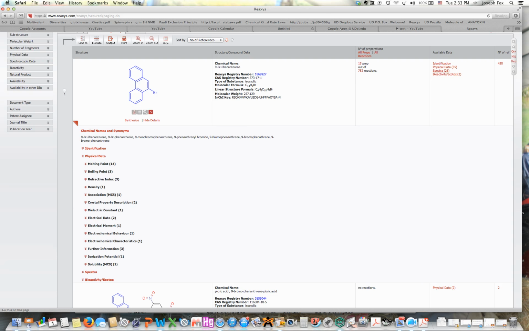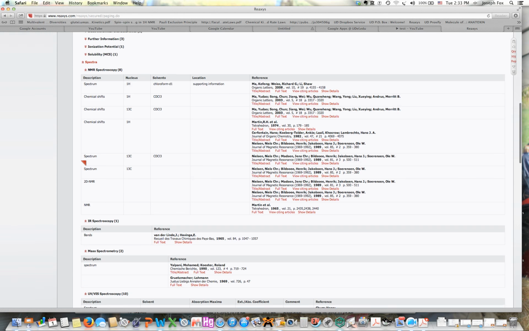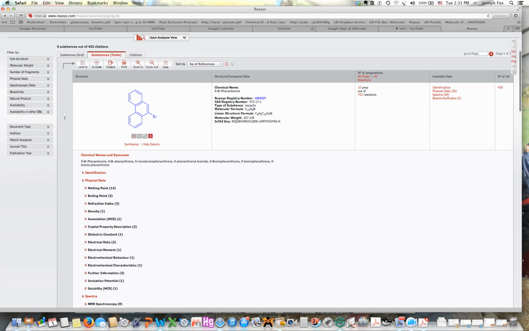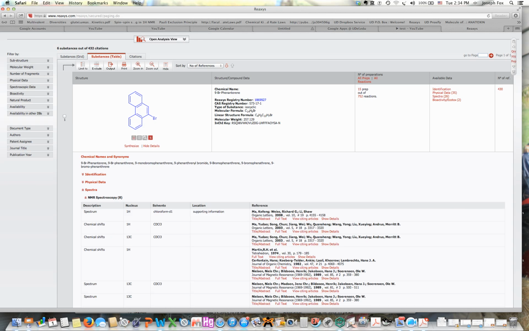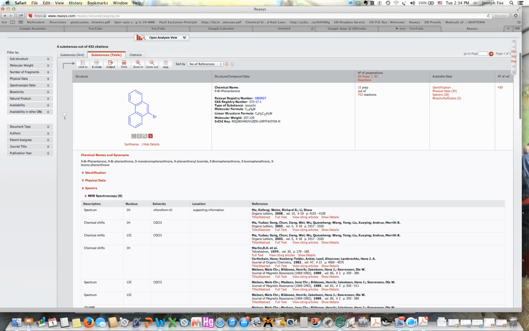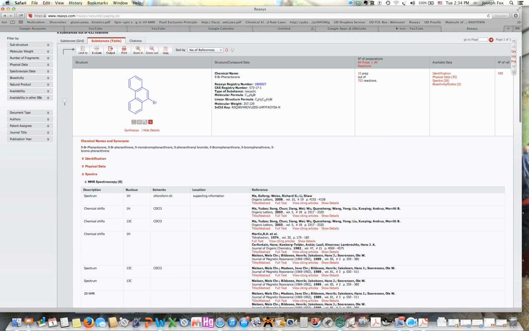We should also be able to go back up here to the top, under spectra. If we click on spectra, that will bring up a whole list, and I'm going to hide the physical data to make it a little simpler. Under spectra, we can see the different types of spectra that have been collected for this compound. We see that we have proton NMR, C13 NMR, and these link us to the different papers